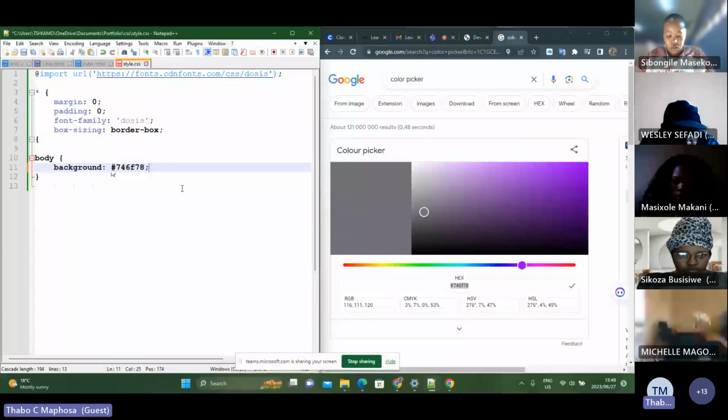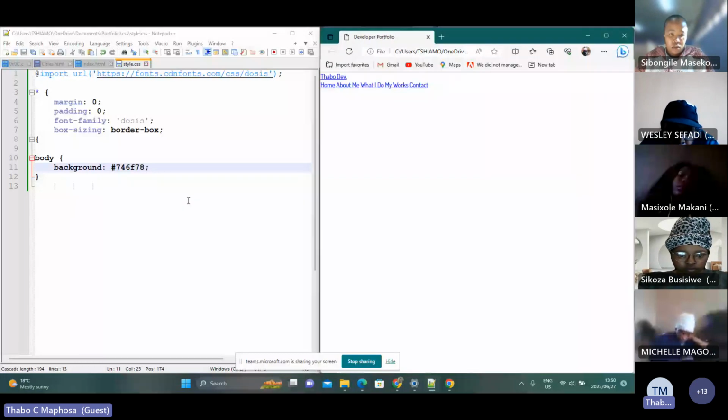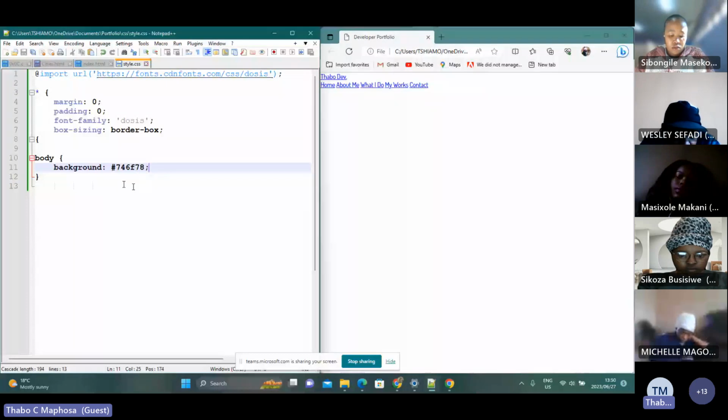Okay, I think I have something. I don't know. Let's hope it's gonna work. If it doesn't, then I don't know. Okay, it didn't work. Okay, I'll figure out why it's refusing to work. For now, background, that, and then that. This is weird. I don't know why my color thing is not working right now. Okay, but anyway, I'll figure it out as we go. Can't be stuck on one thing for now. So okay, anyway,